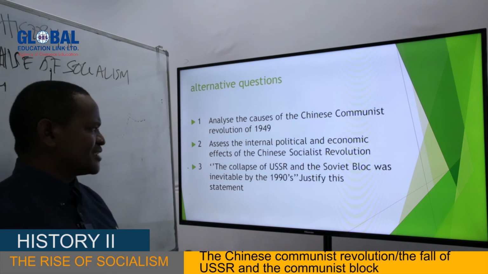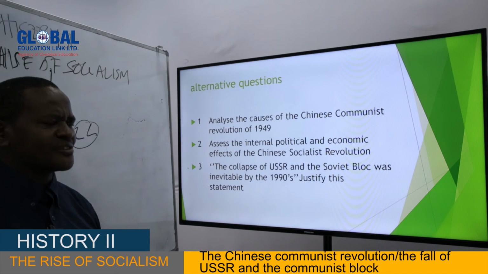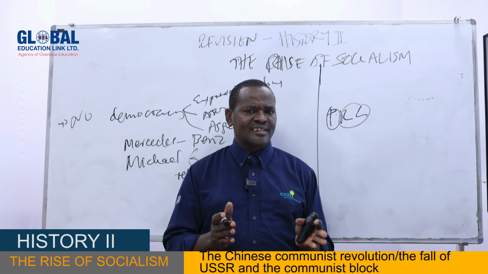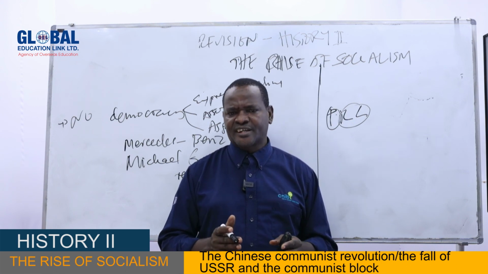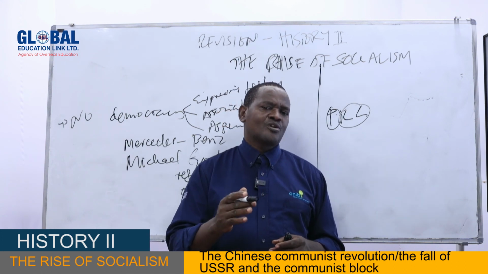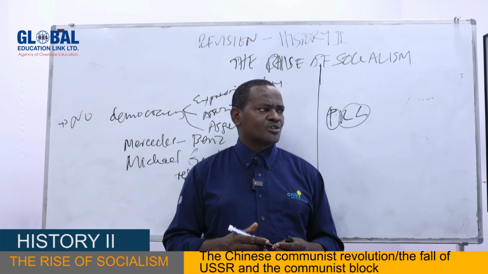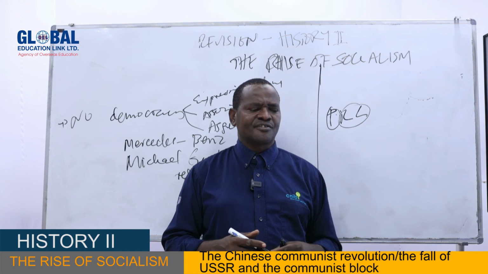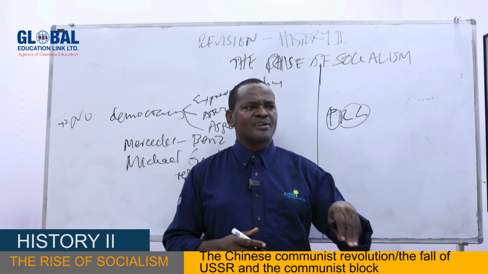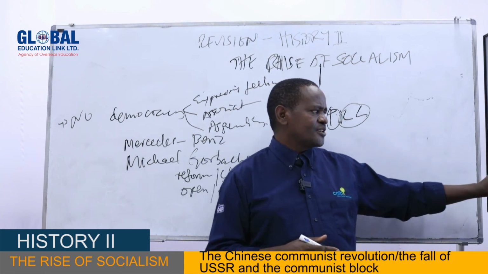And another thing which also led to the collapse of the USSR and Soviet bloc was the introduction of perestroika and glasnost. Given the problems which you have mentioned, all of a sudden, Mikhail Gorbachev introduced perestroika and glasnost, which gave people more freedom to choose what they want. And most people chose to go away from the USSR. Most people chose to remove the communist leaders, to replace them with either more liberal communist leaders or liberal leaders, and so on. This is what happened, and my dear students, you have the answers to these questions I